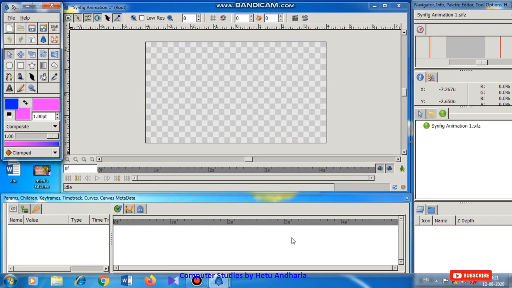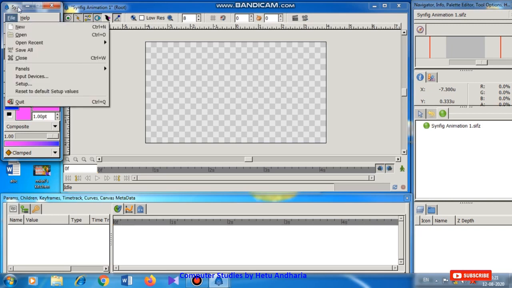Now these different panels, I had explained to you in the previous video. If you have not watched that video, please watch it. Now today, the first thing is to open a new file. Whenever you start Synfig Studio, a new file has already been opened. Otherwise, to open a new file, there are 3 different ways. It could be asked in the MCQs. Remember the 3 different ways. First is from the file menu, the new option.